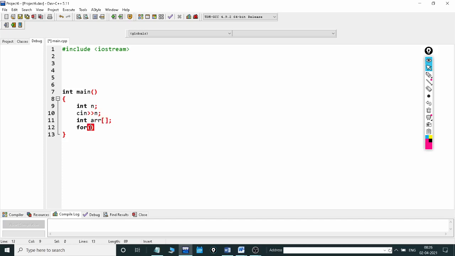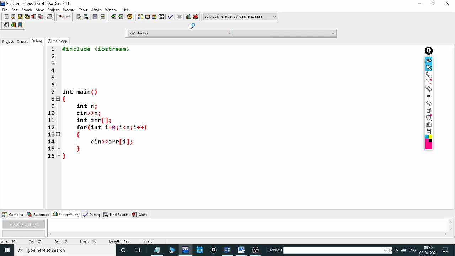Then for i, initially we need to declare i: int i equals 0, i less than n, i plus plus. Then I need to read array of i. So I entered both the elements.